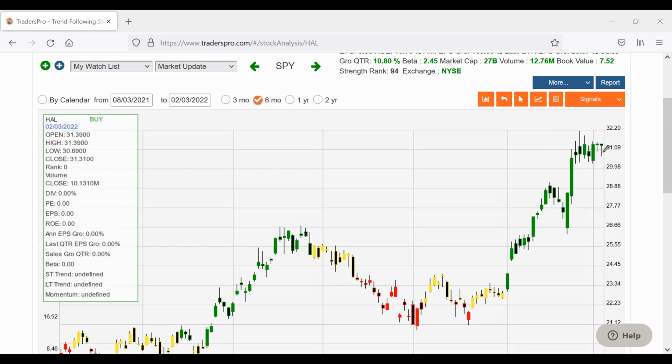Anyway, you've got the sideways consolidation, and this has had a buy signal for a while. But typically what I'm looking for is a 98 strength rank as the main focus. Can I get a 98 strength rank that has a hold signal, and then I wait for it to go from hold to buy as the confirmation to get in? That's typically what we do.